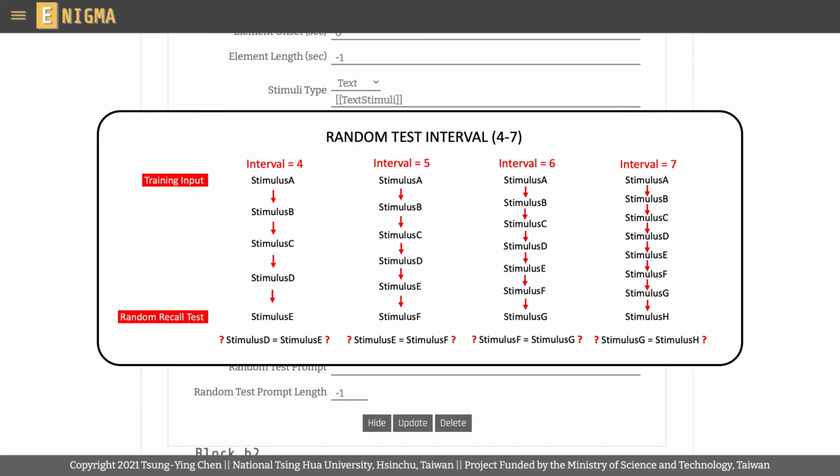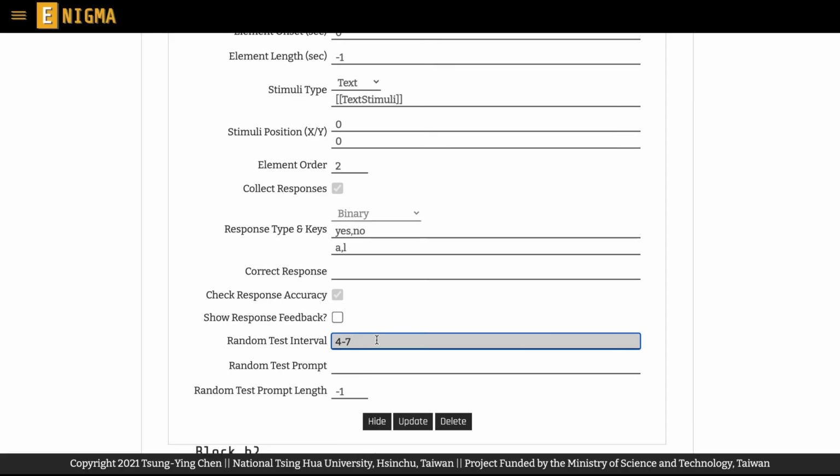This setting of randomness will make it more difficult for participants to predict the test timing, thus forcing them to pay close attention to the training input. The lower bound of the interval is 2, so you should at least enter interval like 2 to 4. This should be understandable since if the test is administered after just one trial, the correct response must be yes.